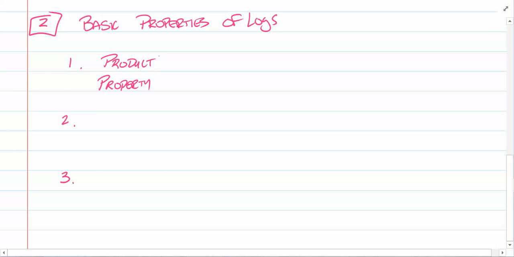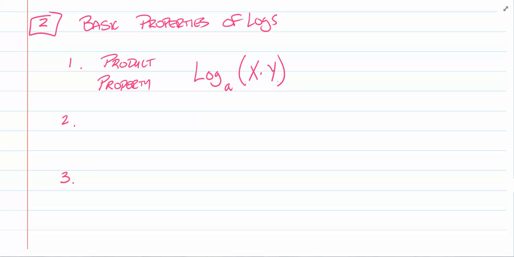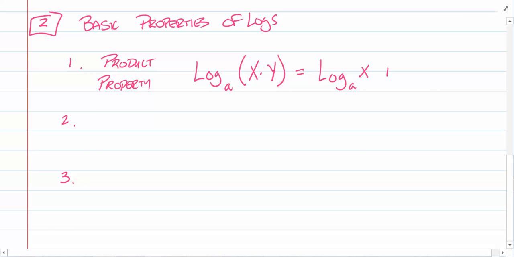Exactly. So the product property says that if we have log base A of 2 quantities being multiplied together, like log base A of x times y in this particular case, okay? Do you see the product? Yes. It's right in the middle there, right? X times the y, all right? Well, the property says that we are allowed to take log base A of x and add it to log base A